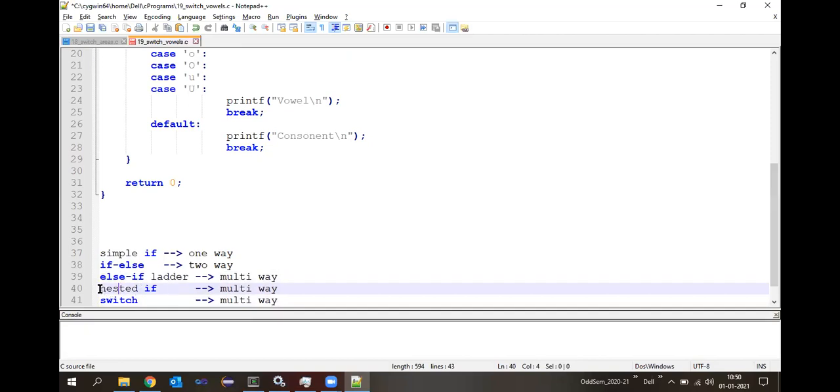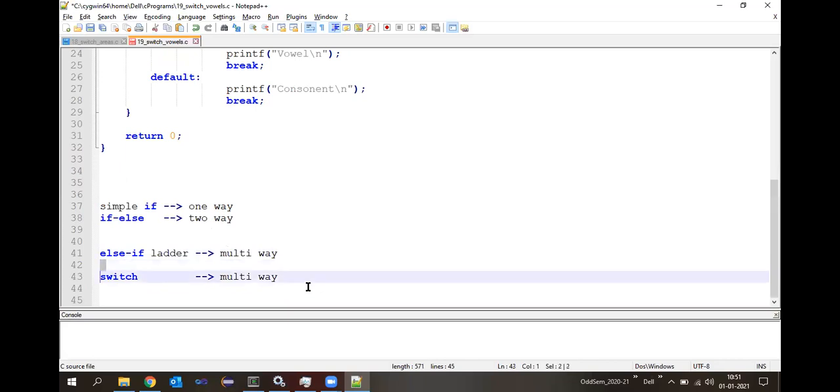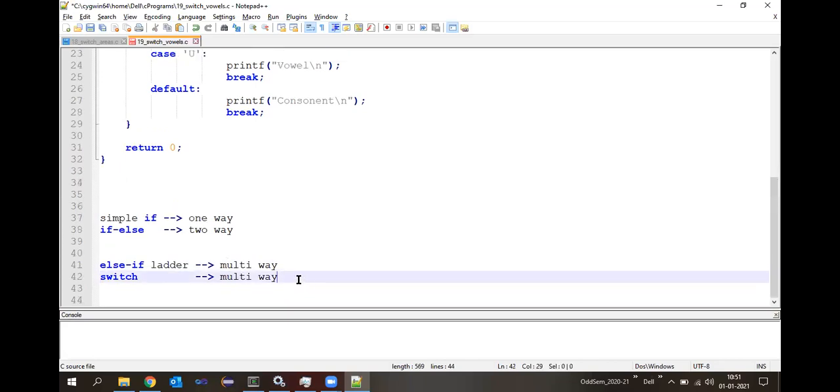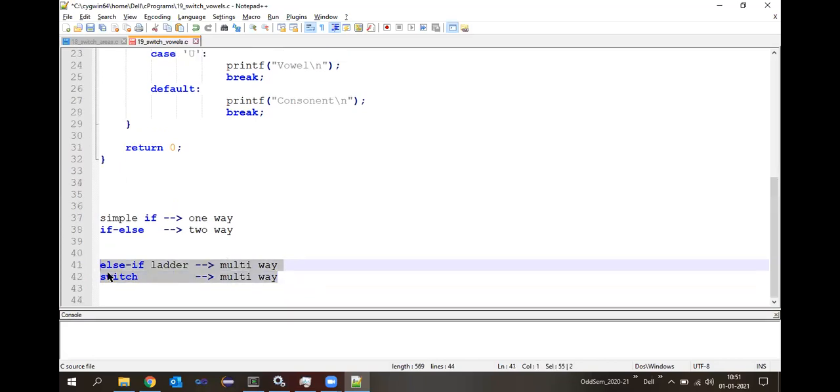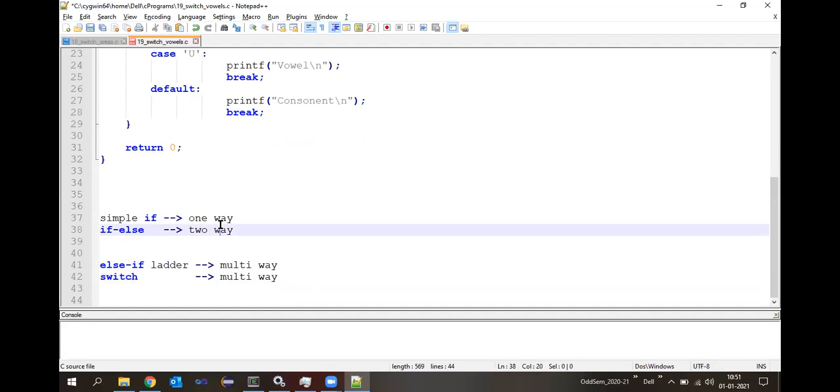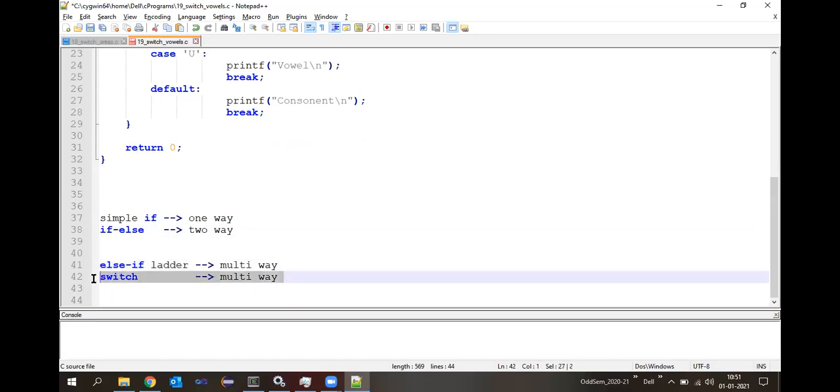Most of the time, the else if ladder and the switch, both techniques can be interchanged. Suppose there is a problem where you want to use an else if; the same problem can even be solved using the switch also.